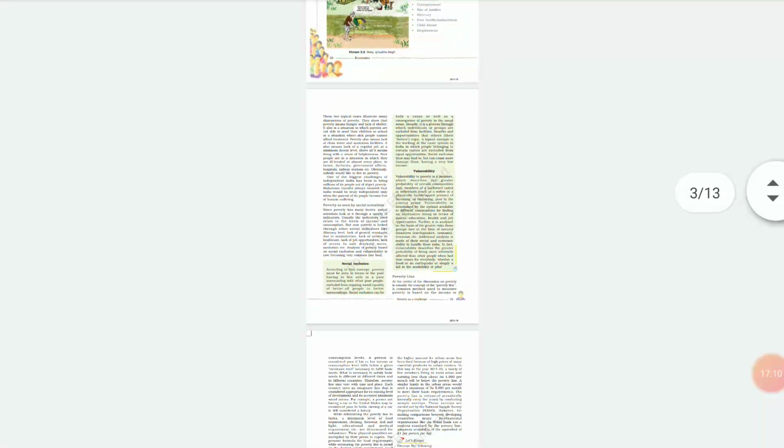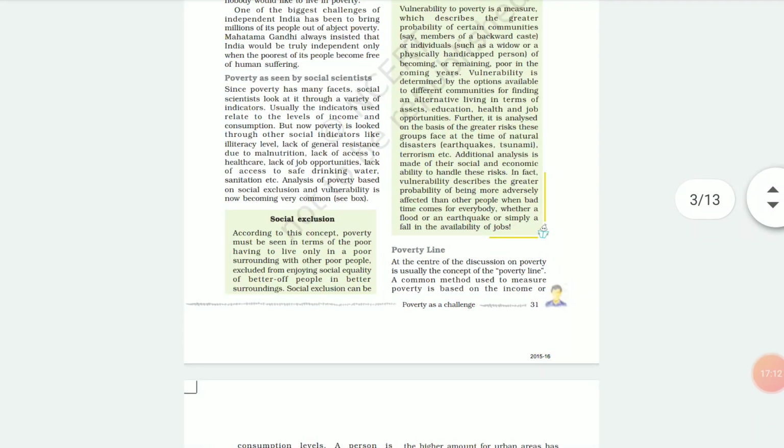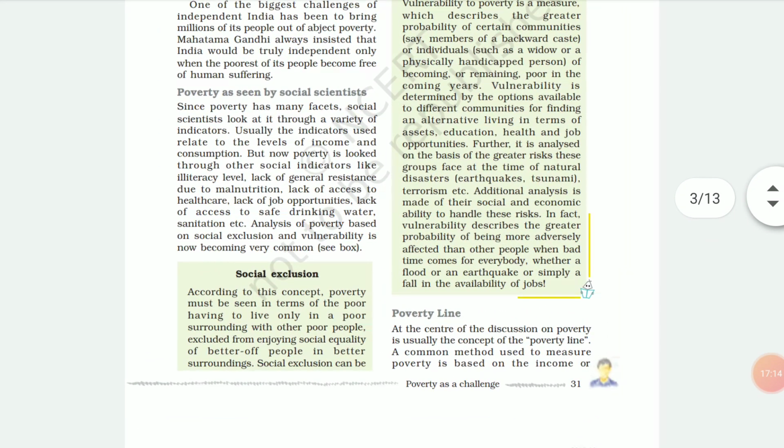We'll be discussing the poverty line also. I'll tell you what is poverty line. Basically, it's an imaginary line according to which it is judged whether a person is above it. A person is in the category of APL, that is above poverty line, or BPL, that is below poverty line. BPL would be a very common term when you hear about the PDS system, your public distribution system, your ration shops, where you have an APL card and a BPL card, which is commonly called the Lal card. Okay, so all this we'll be discussing in the next topic.